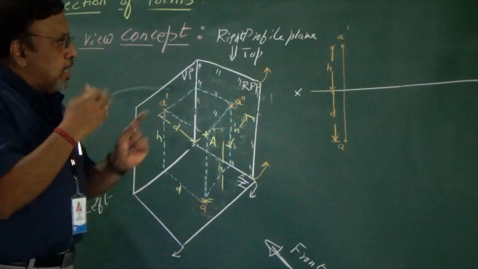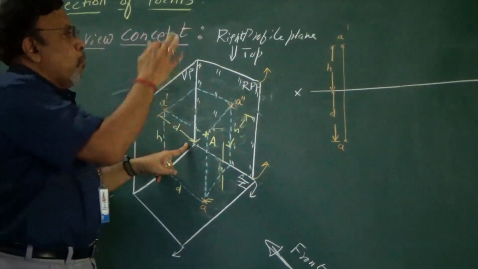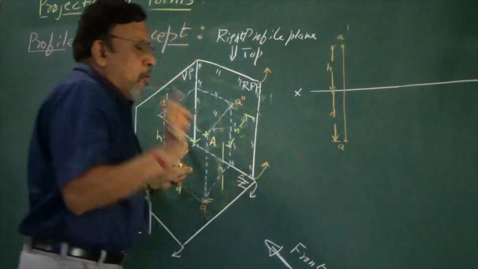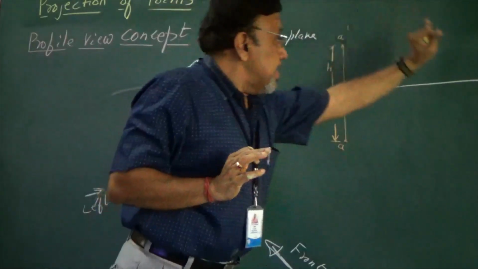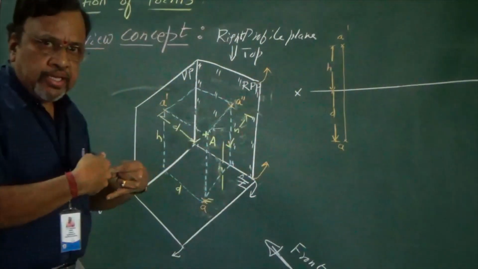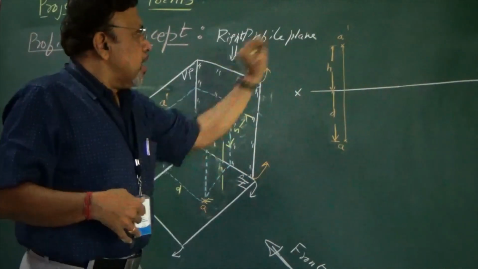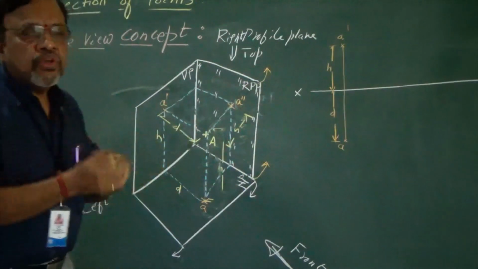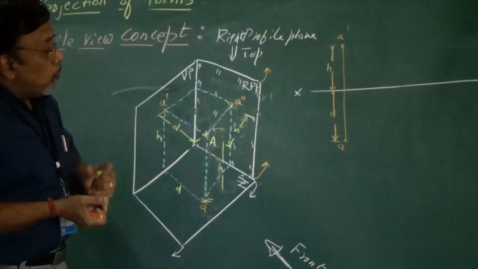Now the next question. Anyway, we have seen that RPP, which is represented as X1 Y1, will come on the right side. Remember, when we have RPP, it will come on the right side of the top view and front view. If I say LPP, that is the left profile plane, it has to come on the left side of the top view and front view. Okay, now we decided that it should come on the right side. Where do you put it?